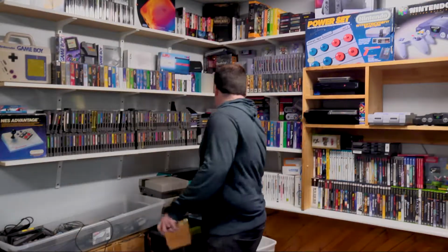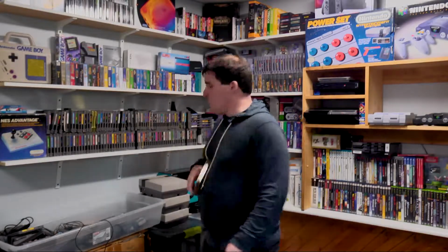I got myself a gold variant of Zelda. Now, the interesting thing about this is, it's a little beat up. I would definitely look for a label upgrade if I got another one later. That gold paint chips off after a while, and I had Zelda, but I never had this game. What I have is the Player's Choice variant, which is the gray cart, which is actually more rare than the gold one. And thus worth just a little bit more money, but it's actually really nice to have an original one, because